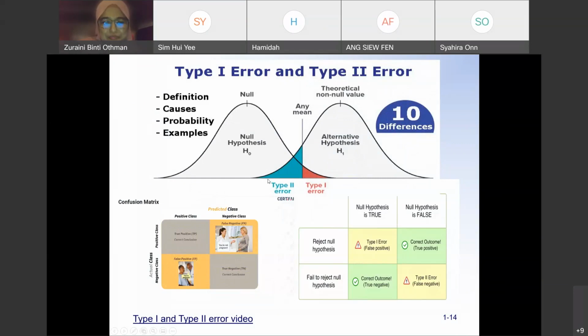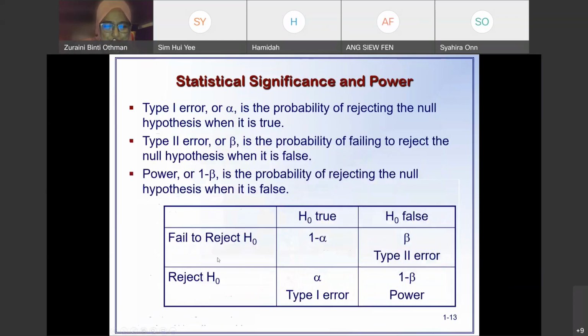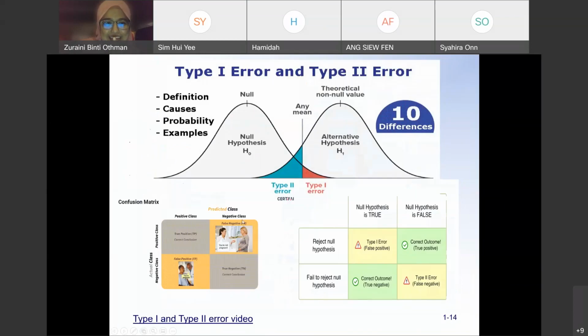It's okay. When we read it the first time, we will be confused, but it is a good sign. We try to understand. This is what we call type 1 and type 2 error if we have the curve like this, which is the null hypothesis and this is our alternative hypothesis, and type 1 error is involved here. For any mean, this is our mean value and this is the type 1 error, and the type 2 error will fall in this area. It's okay if you do not understand yet.